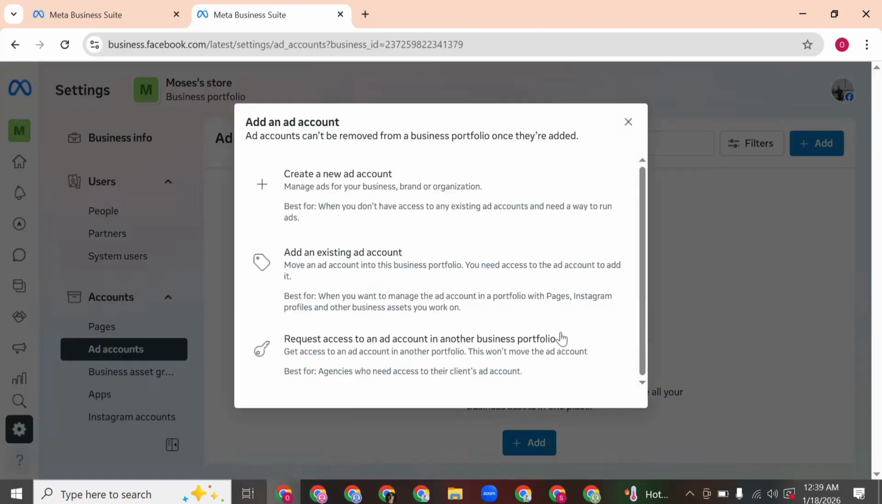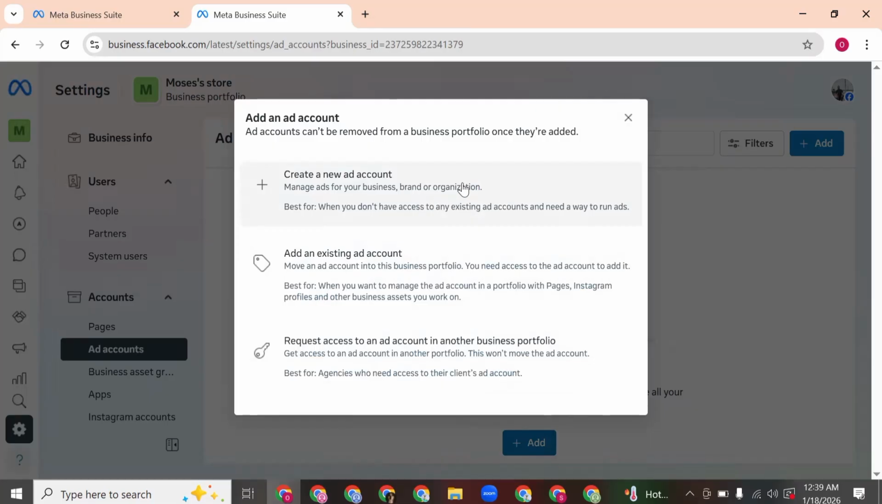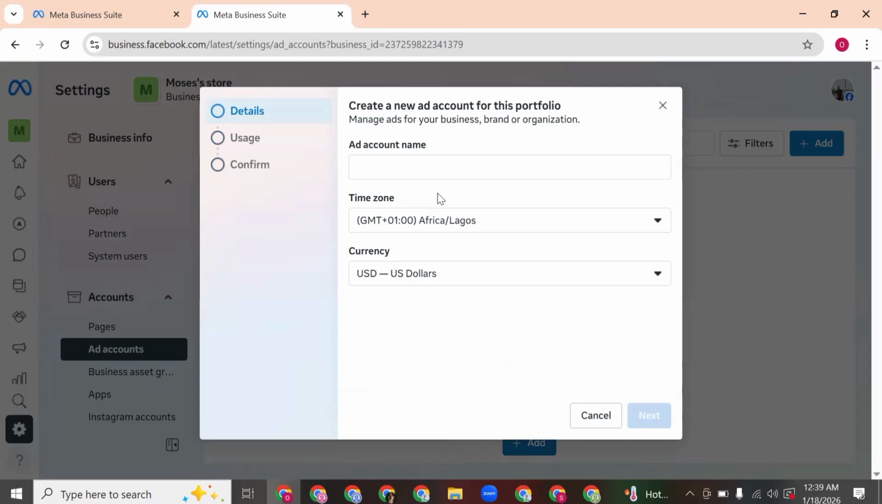If you click on add, there are two scenarios. Do you want to create a new ad account? Do you want to add an existing ad account, or do you want to request access to an ad account? For the purpose of this video, we want to create a new ad account. I'm going to hit create new ad account, and this is where it's telling me to put my ad account name. Of course, you can use whatever you deem fit. For this, I'm going to use Paul Business. Just for instance, you can use anything you like, but I want you to pay attention to this